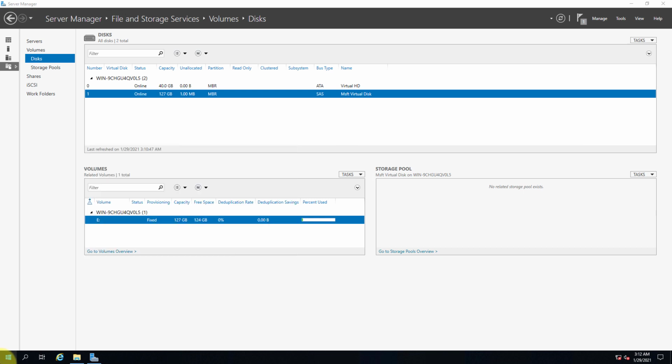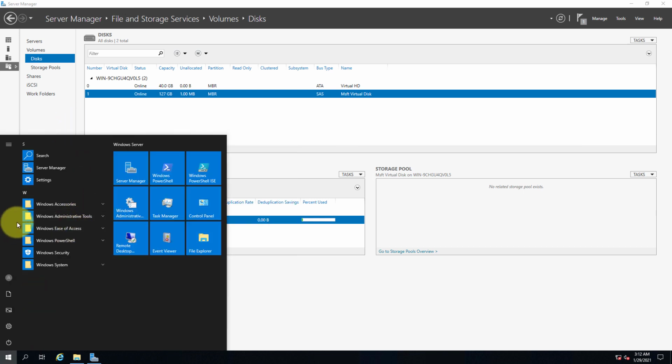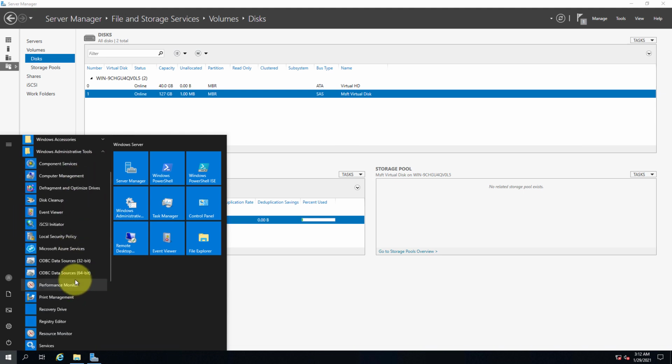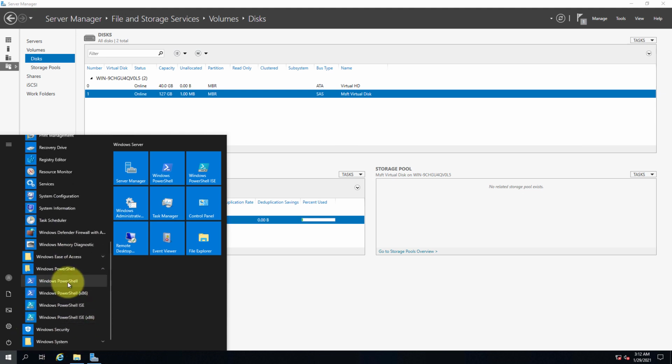It's taking some time to open, so let me open it manually. I'll click on Windows Administrative Tools, sorry, Windows PowerShell, and here you can find Windows PowerShell.